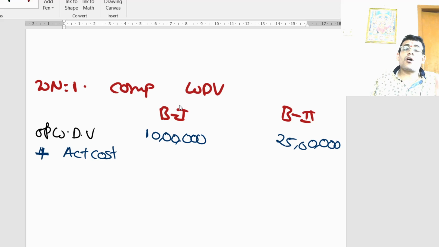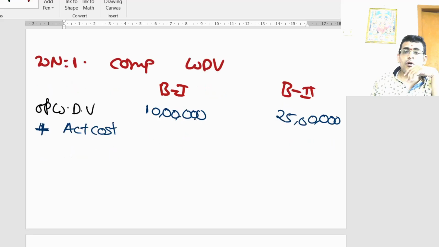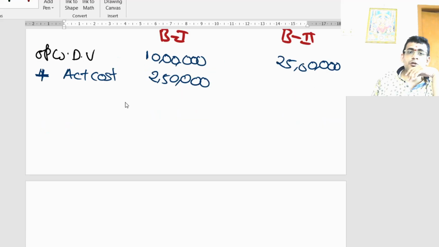Now what have we done? Purchased plant C. What was the actual cost there? The actual cost was 2,50,000. Plant C was purchased on the same date and put to use on the same date for 2,50,000. So let us take your actual cost as 2,50,000. Then you had also purchased a building. What is the cost of the building? 6 lakhs. Purchased building C for 6 lakhs. So let us come down here and take the cost as 6 lakhs.